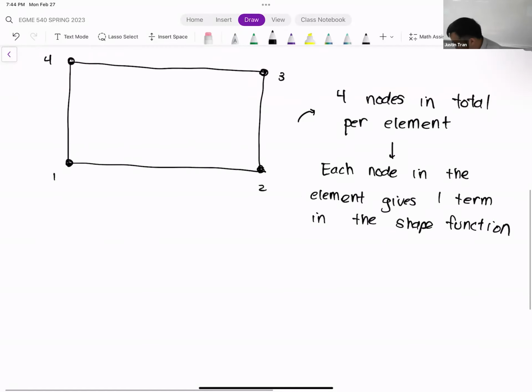So let's see what that looks like. Let's write out the shape function for this shape. We have 4 nodes, and so that means our shape function is going to have 4 terms.